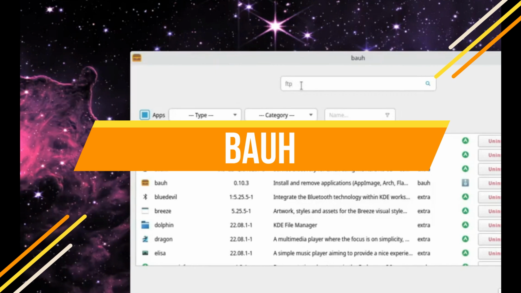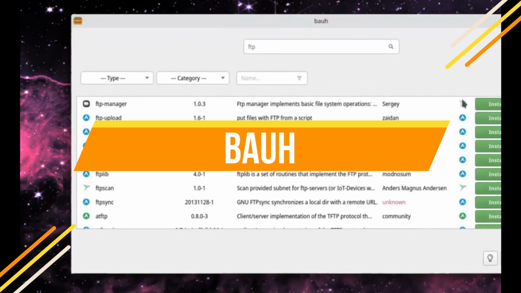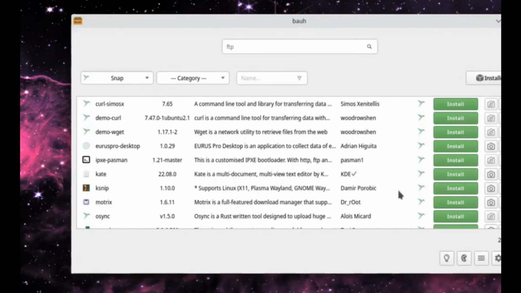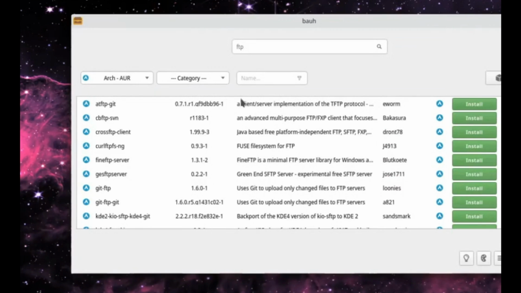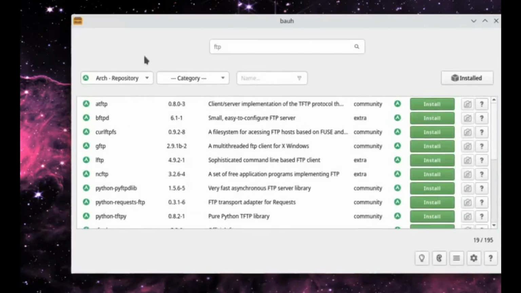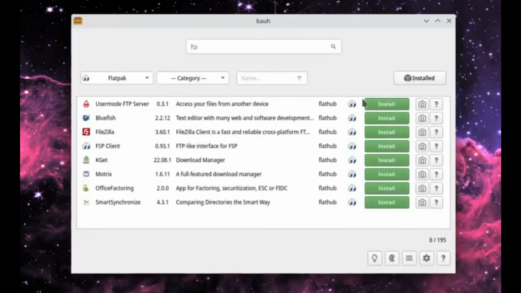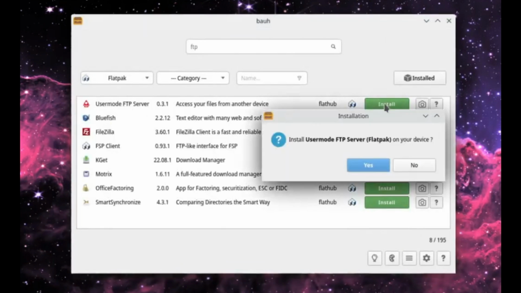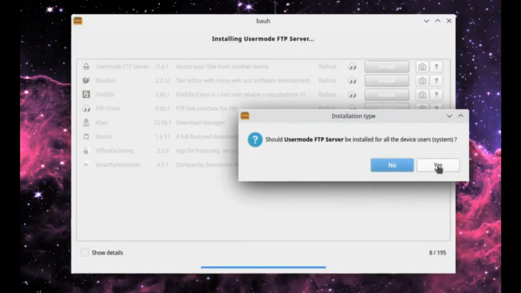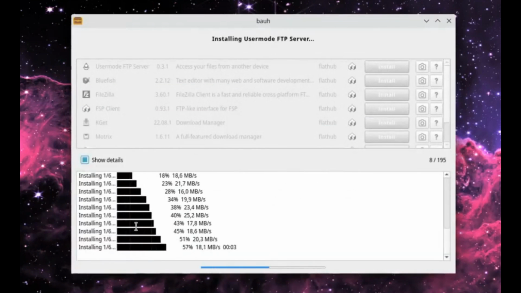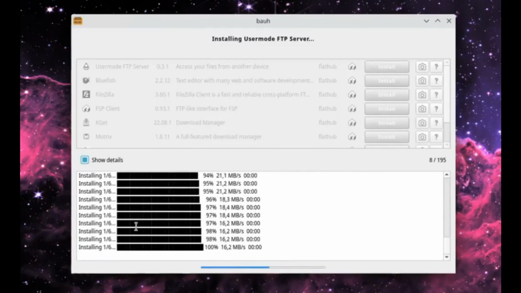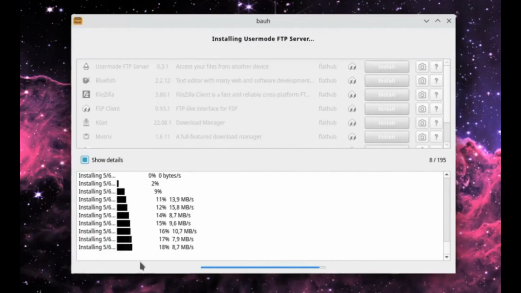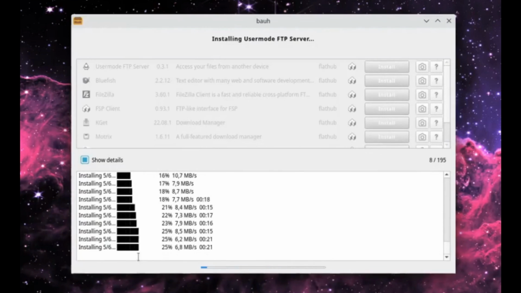Bauh is a relatively new GUI-based package manager for Arch Linux. It has a simple and user-friendly interface, which makes it easy for users to manage their packages. Its main window gives you all the options to manage applications in your Arch Linux system. The primary search box enables you to search applications. Also, you can browse via types such as only Flatpaks or other packages. In addition, using Bauh's main GUI, you can downgrade and update packages one by one, view information about packages, and even launch the application directly. A well-designed settings panel gives you all the customization options you need.